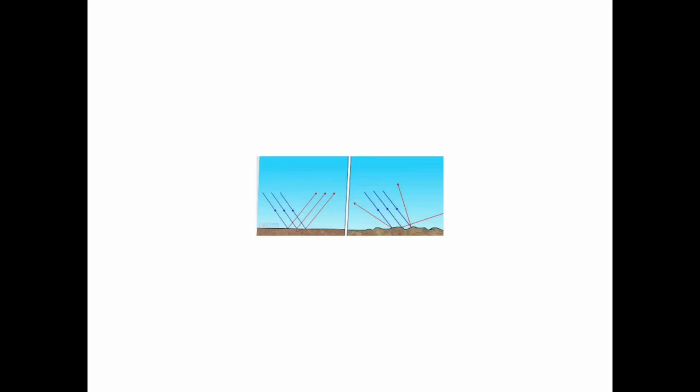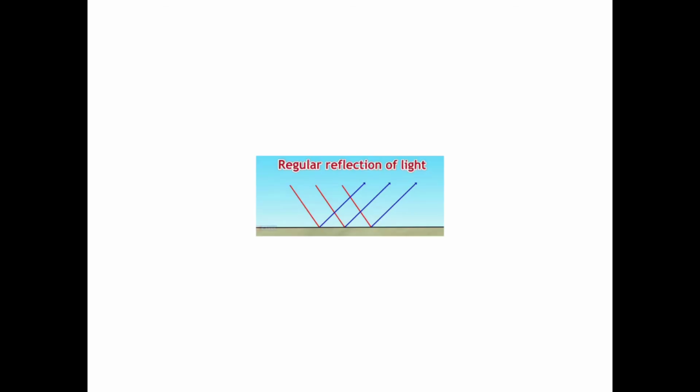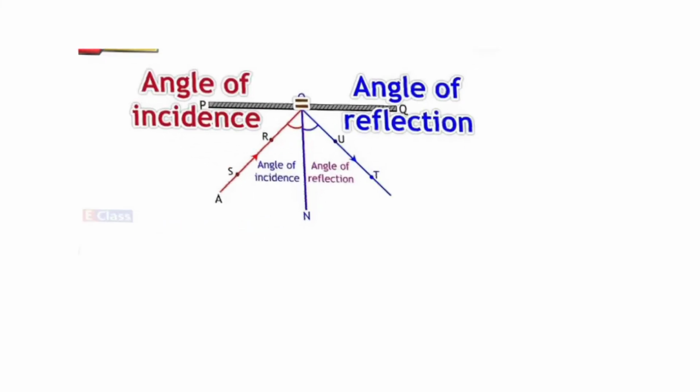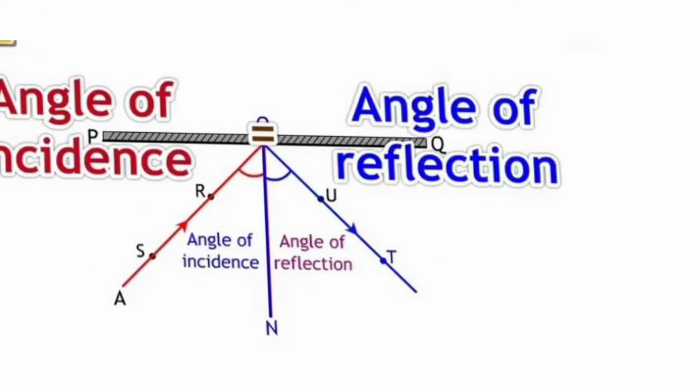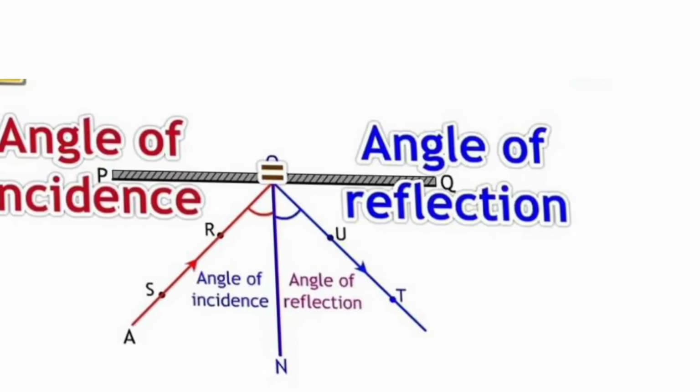So what are you getting? You are getting, for all the angles, angle of incidence is equal to, okay, this is equal to angle of reflection. Clear this much? Now children, mirror is a plane surface, yes, and we have seen it.